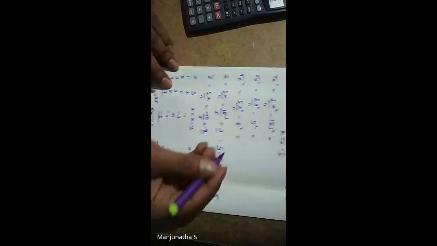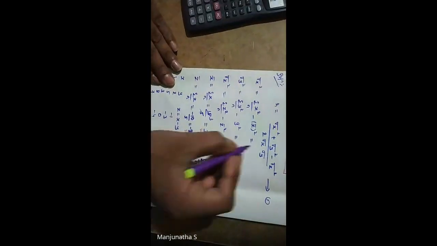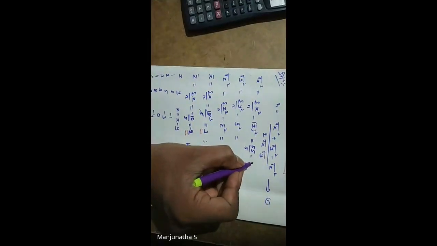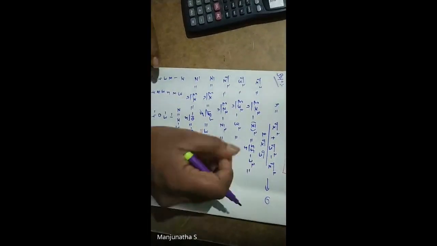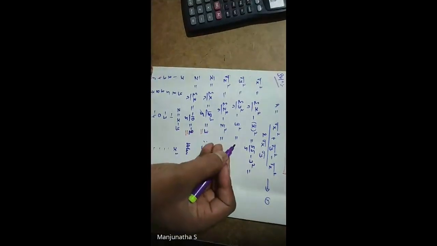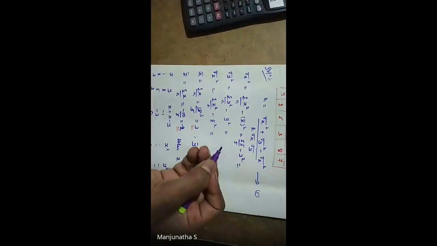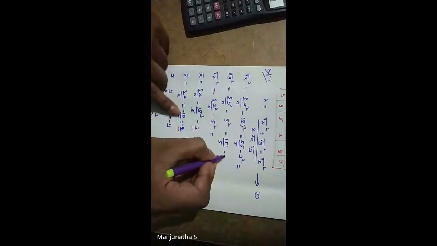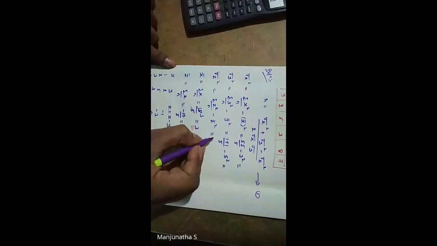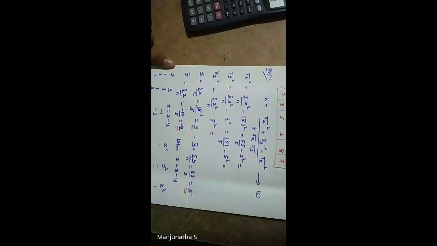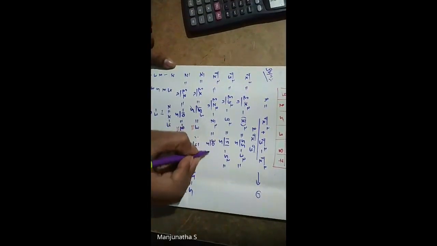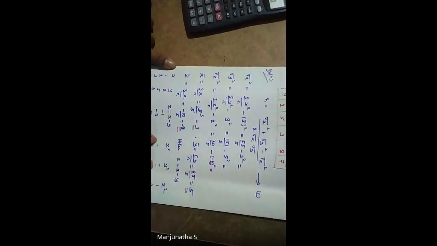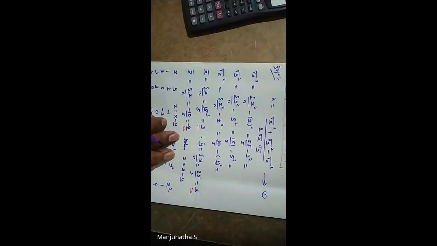Next, summation x square. Summation x square is 55. 55 divided by 5 minus x bar, x bar is 3, so 3 square is equal to, do it and give me the answer. Similarly, summation y square, 151 divided by 5 minus y bar is 5, 5 square is equal to. Then summation z square 30, 30 divided by 5 minus z bar is minus 2 whole square is equal to. Yeah. Do it and give me the answer.